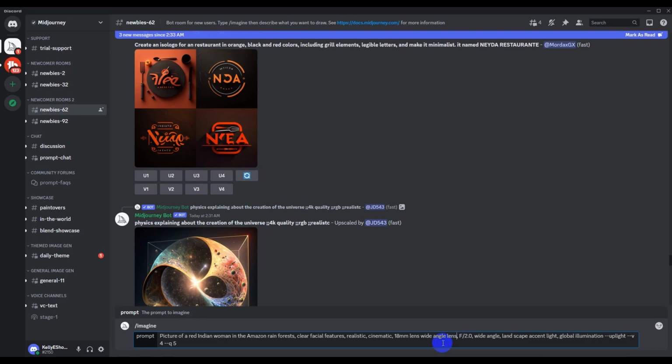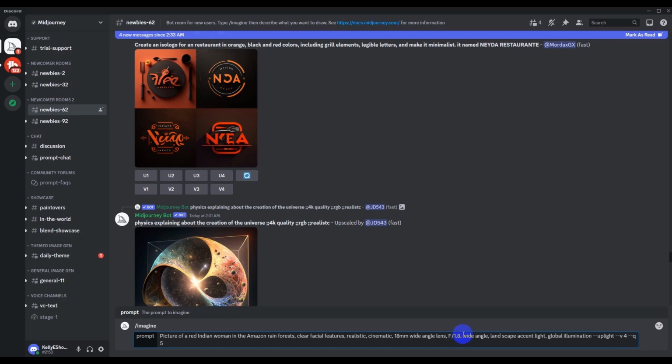I think I may confuse it. 18 millimeter wide angle lens f2. No, let me say f 1.8.